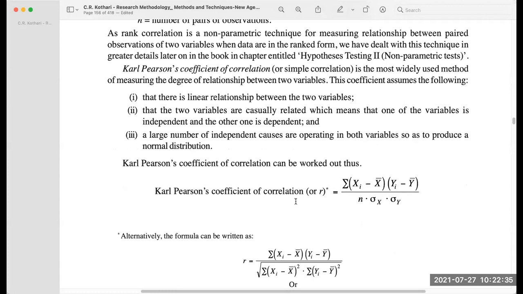Like if the two variables, let's say, Pearson coefficient of correlation R: generally, this R value varies between -1 and +1, right? -1 means negative relationship, meaning reciprocal relationship. +1 means if you increase the X value, in the same proportion the Y value also increases.